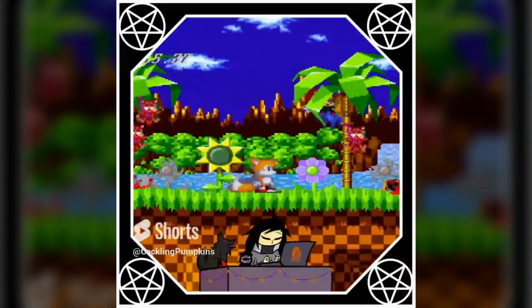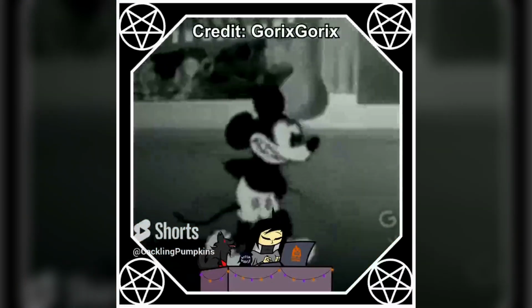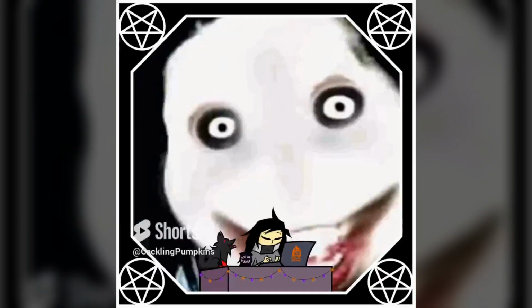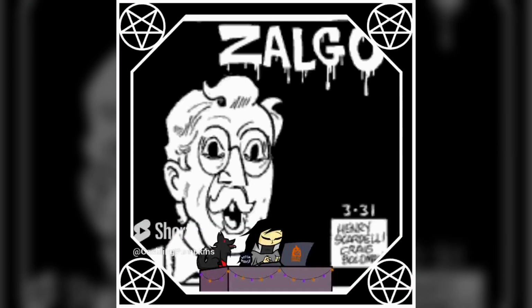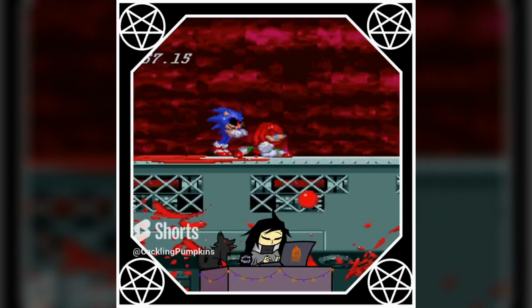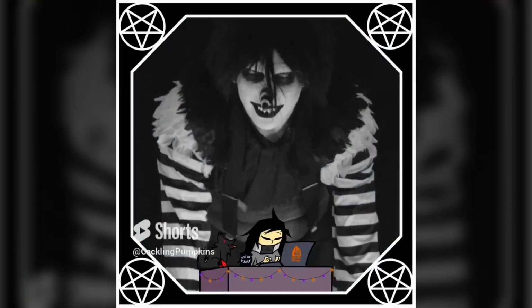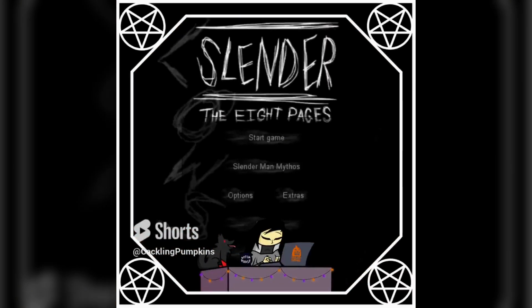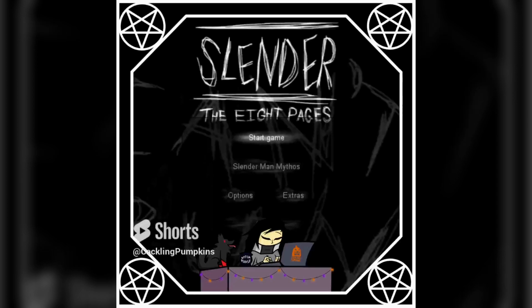Some of the internet's most popular horror monsters either came from a creepypasta or they gained an audience through them. Some of these include Jeff the Killer, the Rake, Zalgo, Slender Man, Suicide Mouse, Sonic.EXE, Ben Drowned, Laughing Jack, and SmileDog.jpg. Creepypastas gained the most traction during the early 2010s, thanks to games like Slender: The Eight Pages, and YouTubers